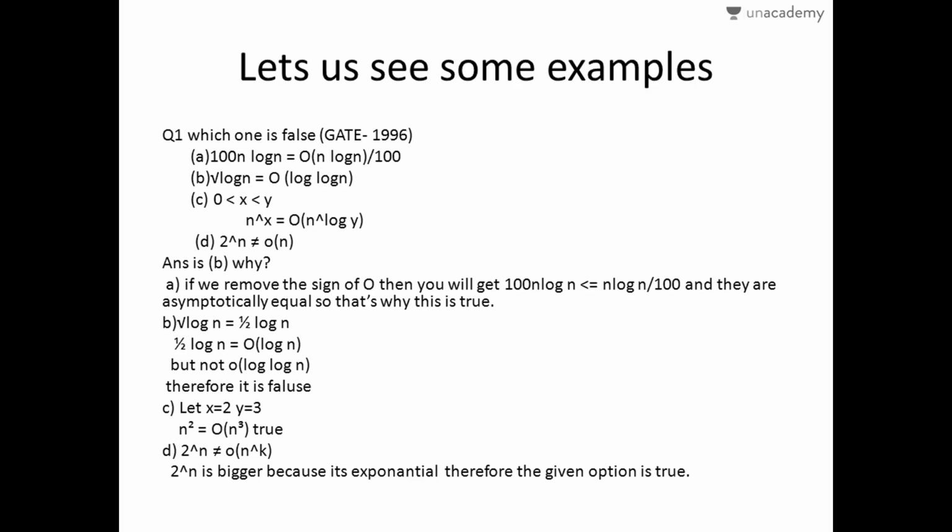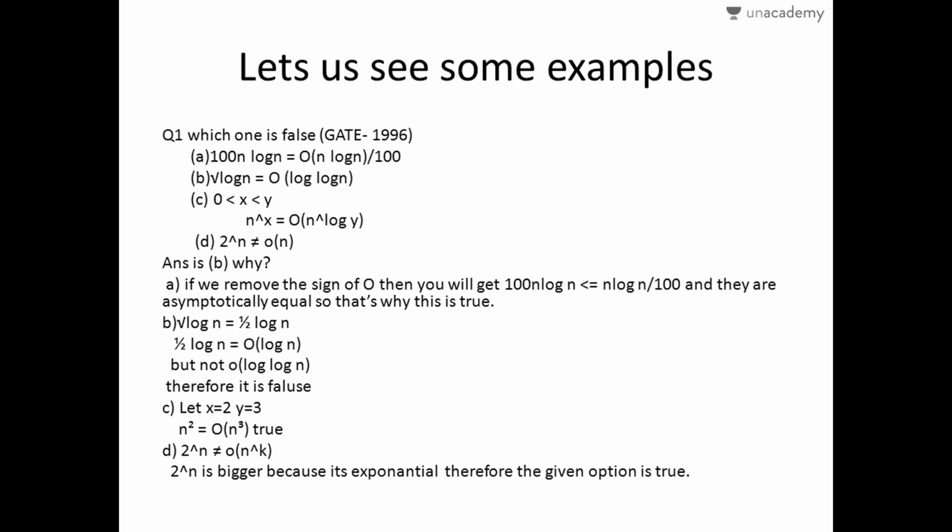Now we know that 100 is nothing but the constant, and in asymptotic condition the constant doesn't matter. I told you guys this many times. So that's why we can remove it. Now n log n is obviously equal to n log n, and constants don't matter, I told you guys. So that's why this is true, that n log n, or we can say 100 n log n,